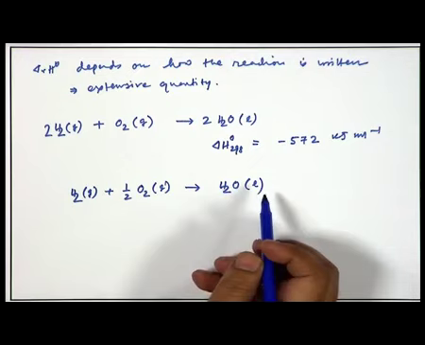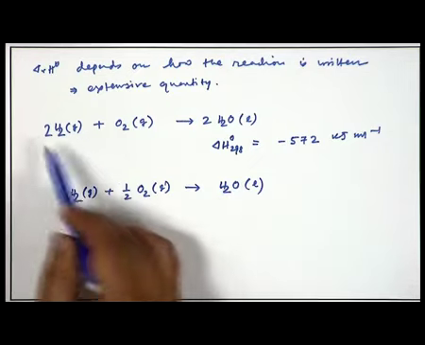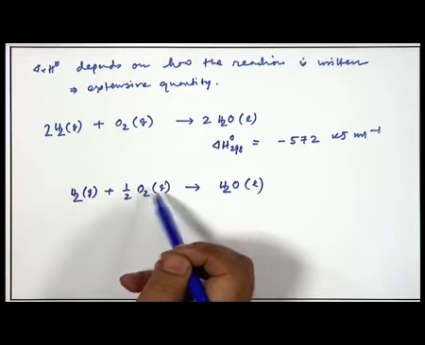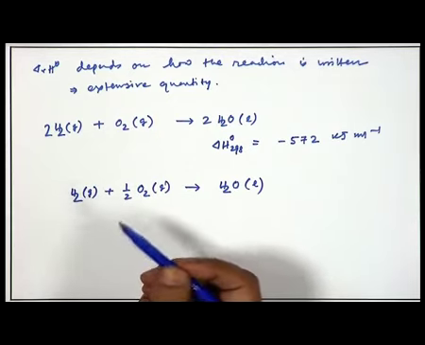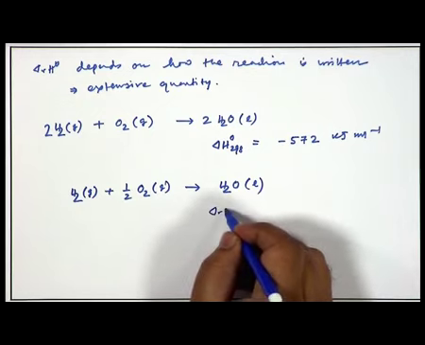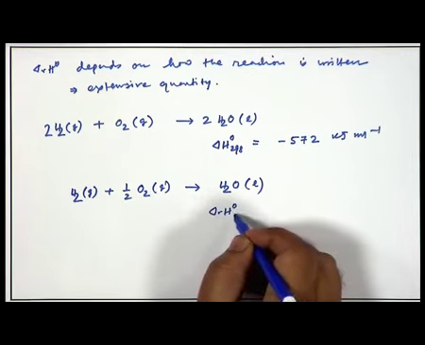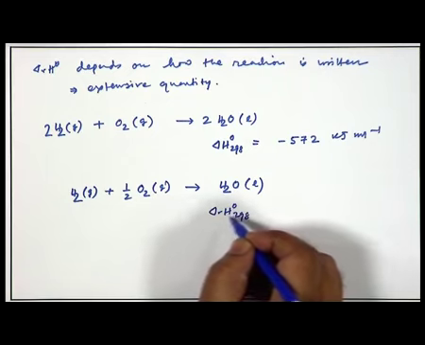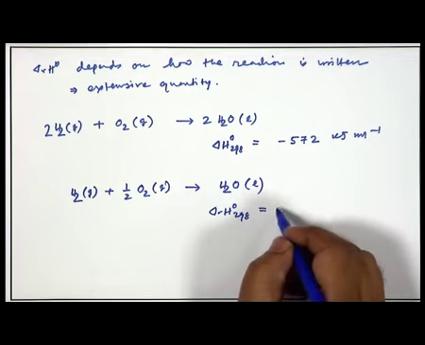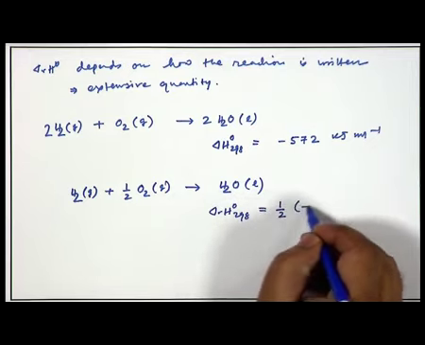This is also a balanced equation. Here 2 moles of hydrogen and 1 mole of oxygen is reacting. We can say half mole of oxygen and 1 mole of H2O is reacting. In this case, the reaction enthalpy